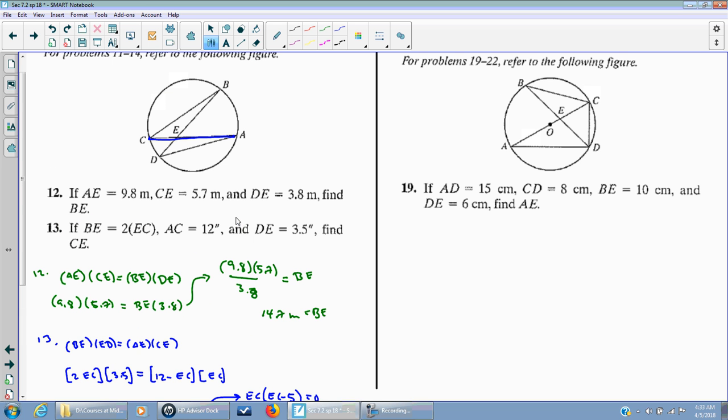Number 19 is a little bit challenging. We're using the same sort of result because we're talking about segments that are formed when several chords intersect. But the first thing that makes 19 a little more interesting is that they specifically give us a diameter here. In the one on the left, we didn't have the center of the circle, and in the one on the right, we do. So the first thing is to note